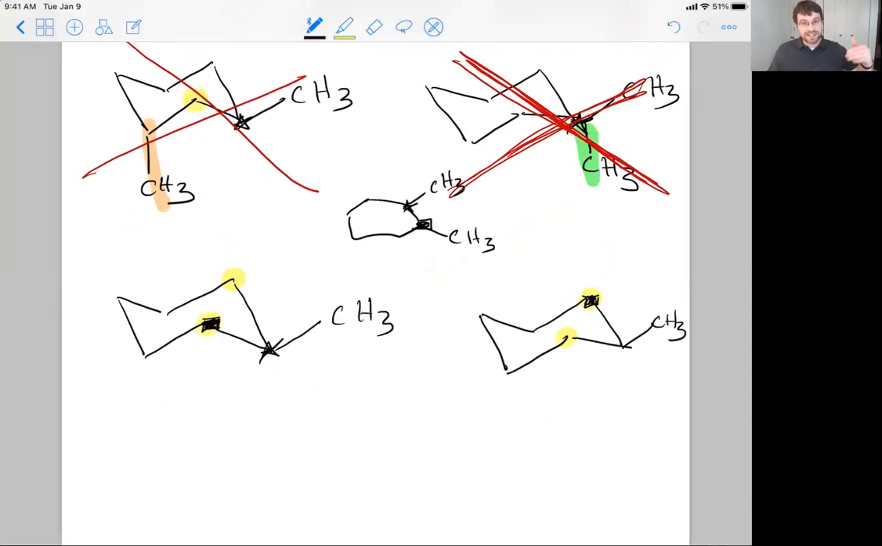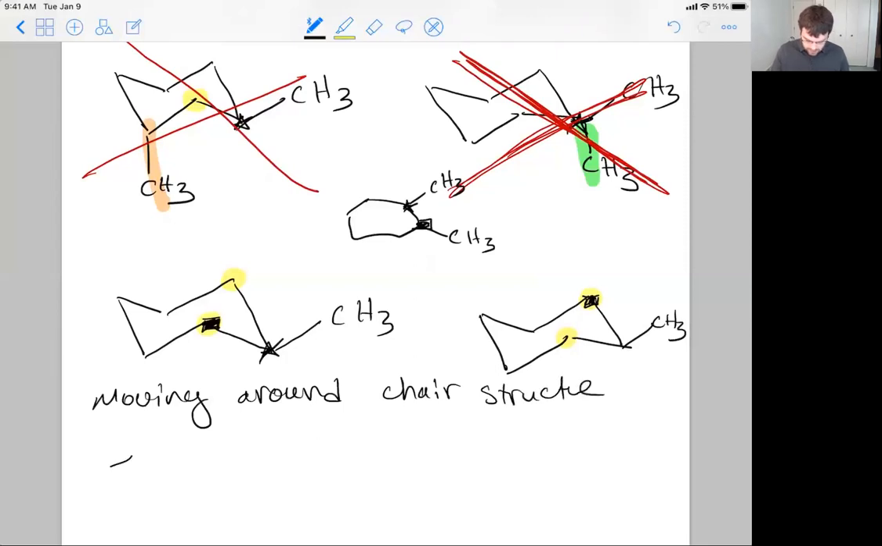But suffice it to say, there is one correct answer. So how do I know which one is correct? Well, I'm going to show you a trick where we're moving around a chair structure. So if you look at our flat structure,